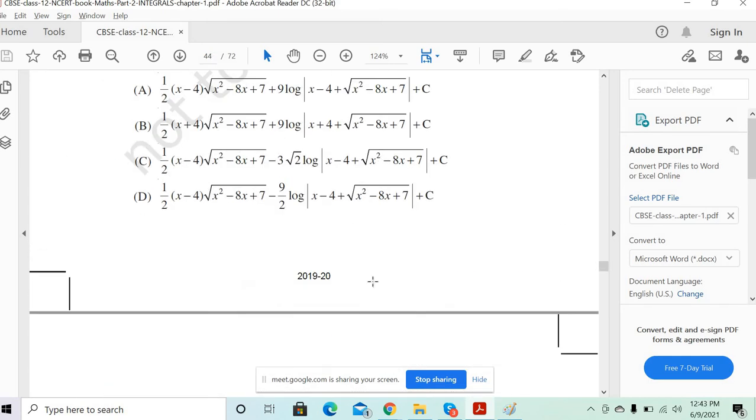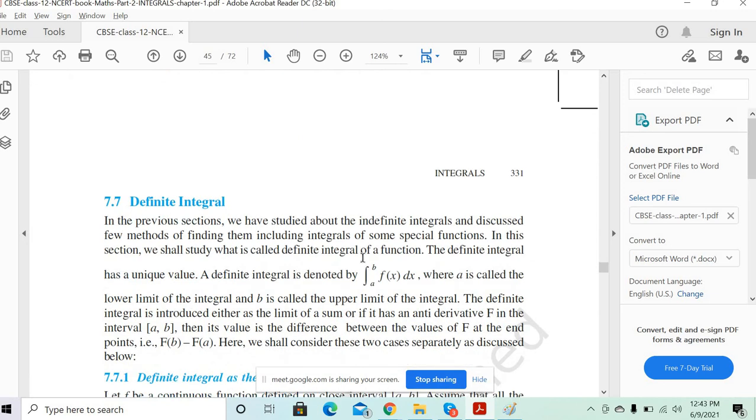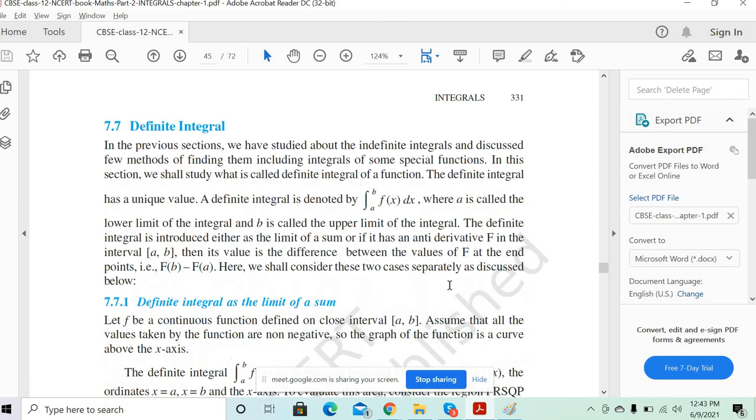Indefinite integral is done. After that, definite integral. Definite integral is very simple, Vijay. There are just a couple of properties, but the method is the same. Just limits will come. We just have to apply the limits now. These limits you have been dealing with in 11th standard only. Okay, sir. So that is becoming easy.